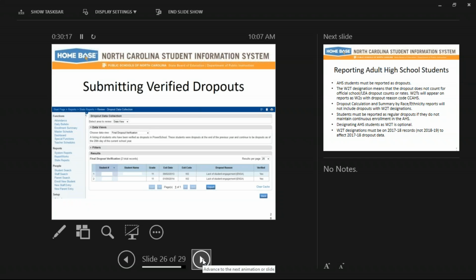Now, there are also other reports I'll just mention. I don't think we have any screenshots of them here right now. But once you have your verified dropout report, there's also a couple of reports that give you totals. One of them is by all your students by race and gender. That's going to give you all your totals for all your schools, including middle schools or elementary schools and any